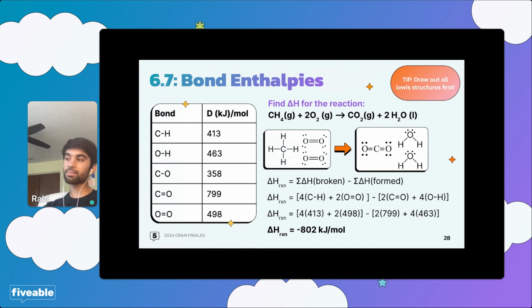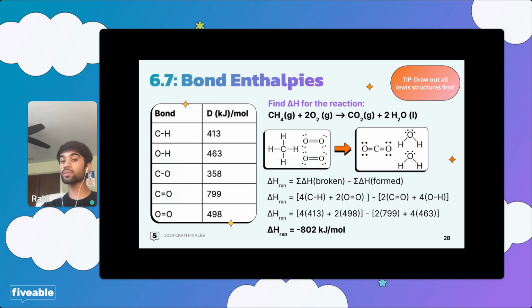So remember that the bonds broken in this reaction were less energy than the bonds formed. That's why our delta H was negative 802. The coefficients, right? That's why we said 4 CH and 2 OO. The coefficients are just how many times this occurred. You have 4 CH single bonds, but you only have 1 CH4 total in this particular reaction. However, each oxygen, O2, is just one double bond between the 2 oxygens, but you have 2 of them because we have 2 O2s. That's why we did 2 times the 498 for the oxygen. That's where the coefficients are applied.